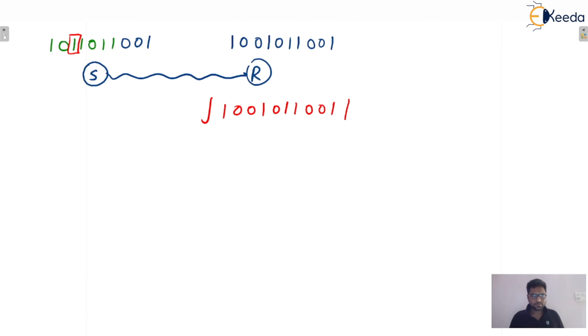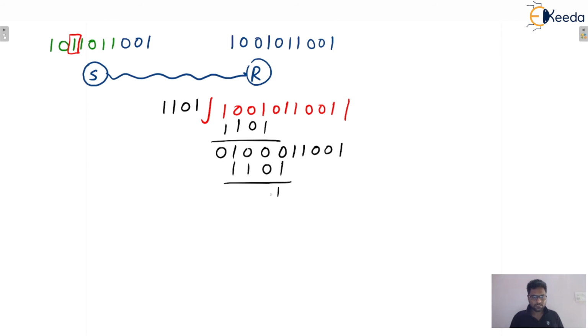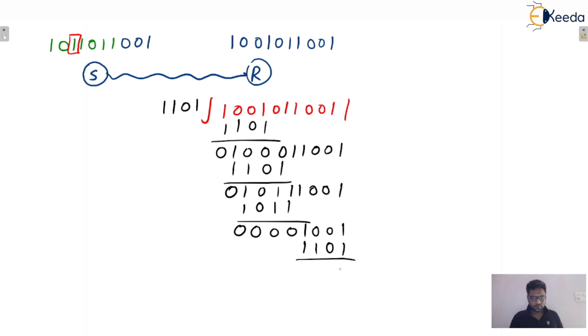So apply once. That was the CRC generator, 1101. So this is 0010. Write down the remaining bits as it is. Again 1101. So this is 1010. Write the remaining bits as it is. That is 1011. So this is 00 and 00. This is 1001. And this one will be 1101. So here 0 and 0, then 1 0.